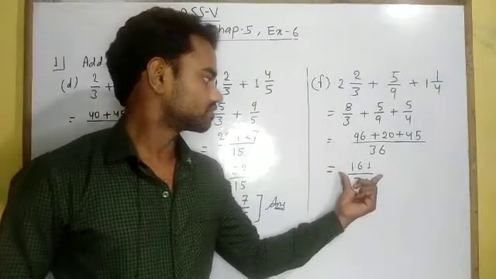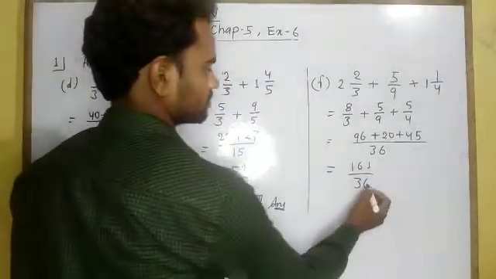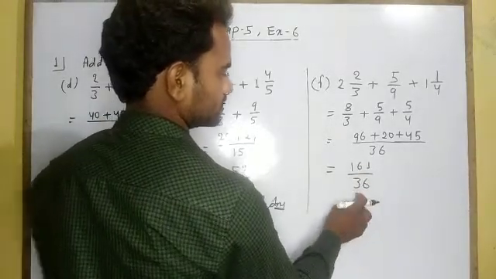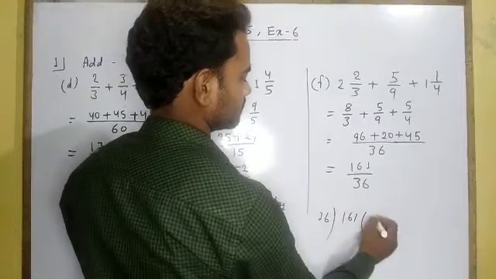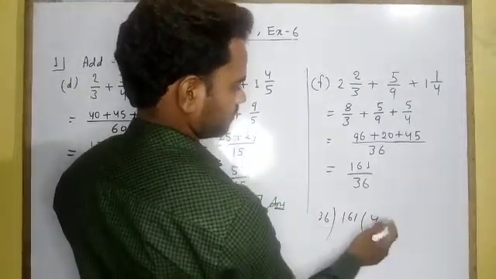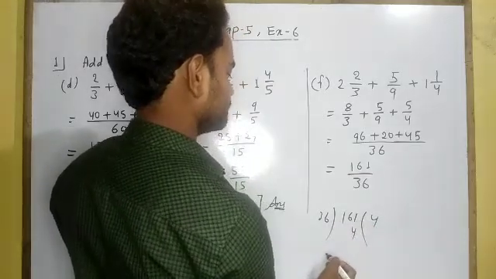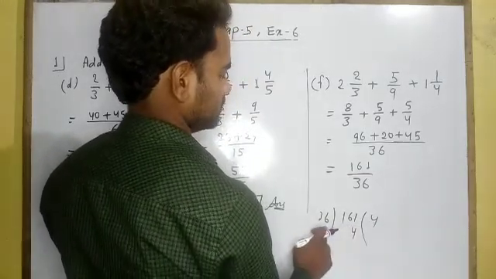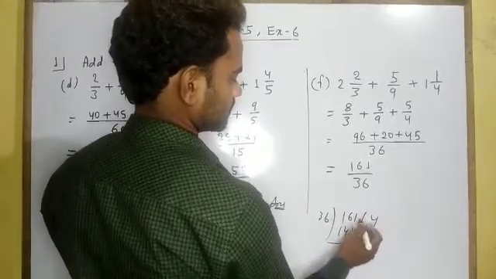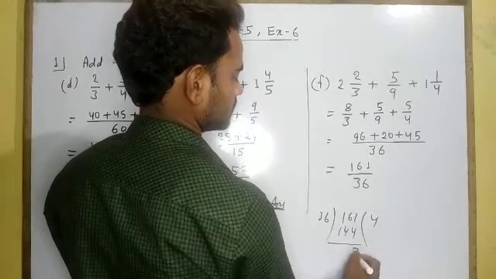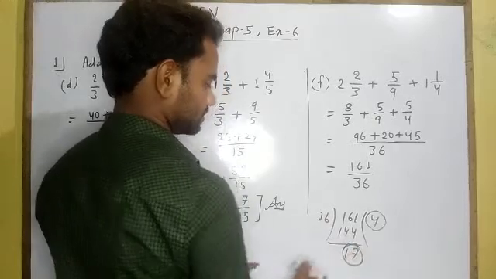Now this is also an improper fraction. Convert this improper fraction into a mixed fraction. So simply 161 divided by 36. Simply you can divide in another rough work. 36 fours are 144, I hope. 4 sixes are 24 carry 1, 4 threes are 12 and 2 is 14, 144. Subtract, this is 17 upon 36, means 4 whole 17 upon 36.